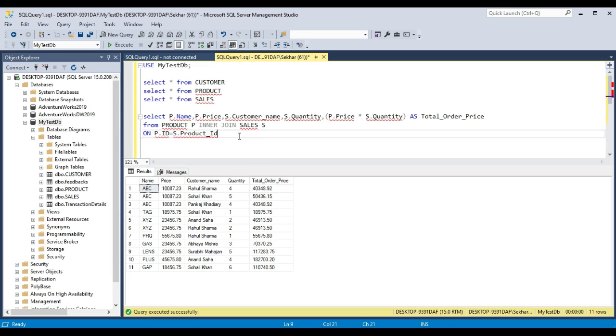Okay, so this is the scenario when we need to join multiple tables and fetch the details, and sometimes we have to do something like multiplying over here. Similarly you can concatenate or take average or multiply and so on.